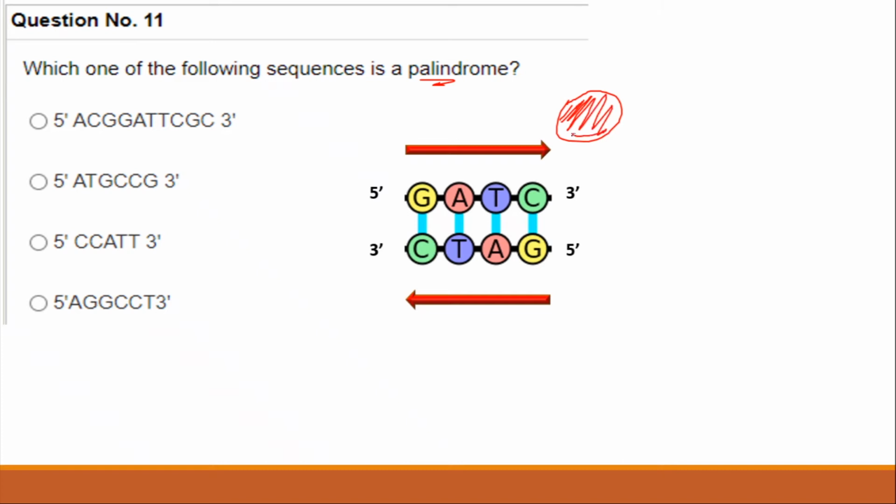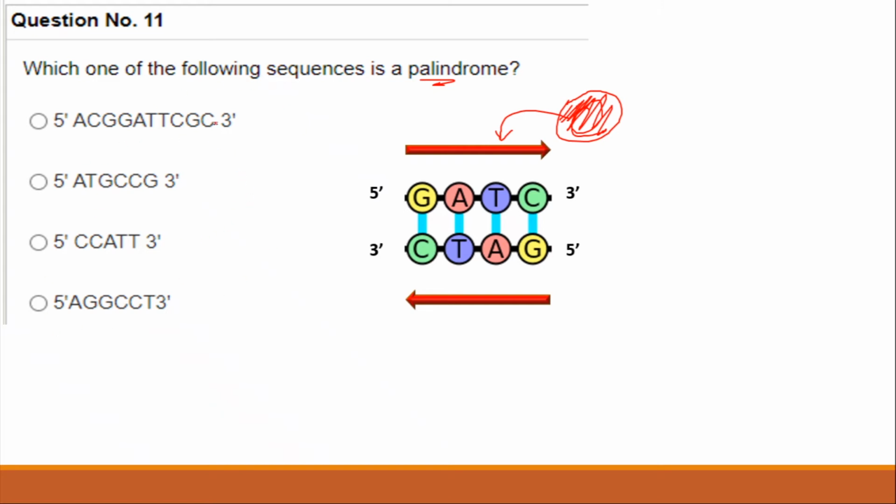An example is restriction endonucleases. You might have studied restriction enzymes. These enzymes recognize specific palindromic sequences and cut them. For example, the restriction enzyme EcoRV recognizes a particular sequence and cuts only at that sequence. HindIII also cuts at its particular sequence. So all these restriction enzymes cut at palindromic sequences.